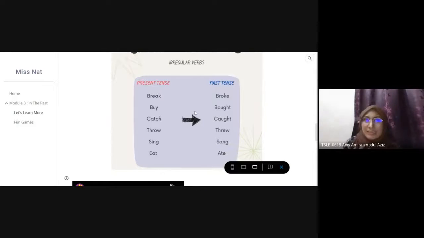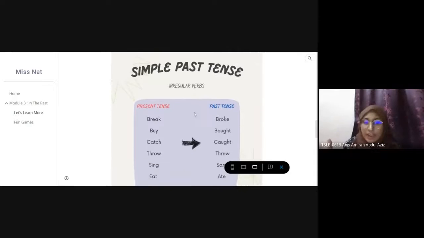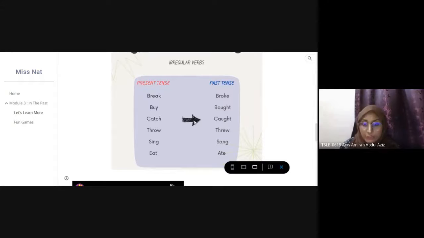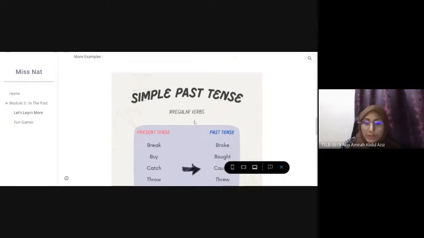Besides using long paragraphs and such, it will make them feel bored to read it. So poster is one of the methods that she applied in the lesson to attract students' attention. Okay, besides that, the color that she chose is